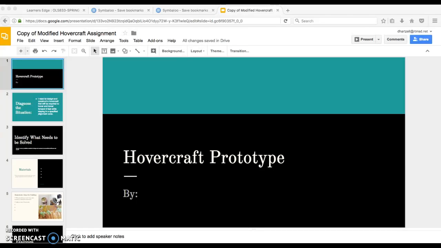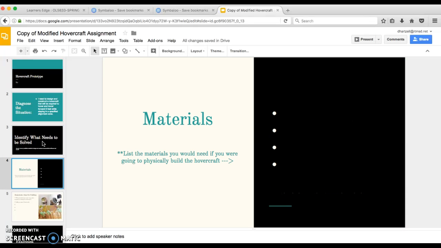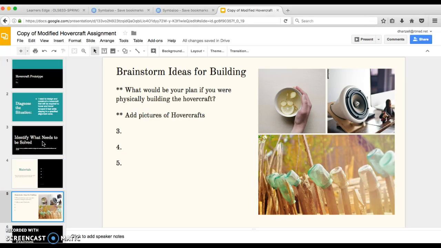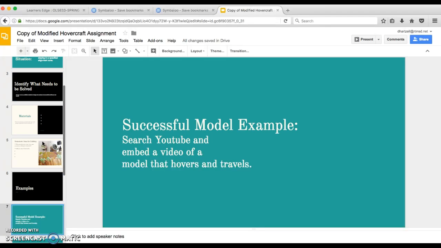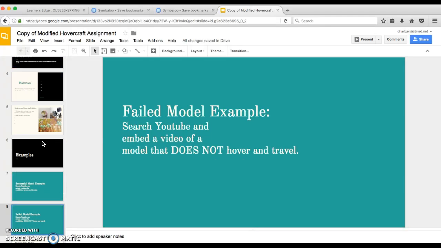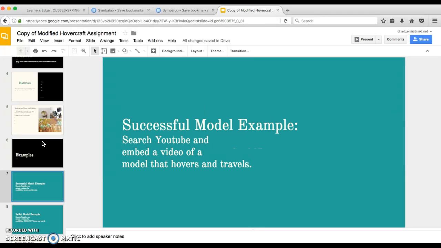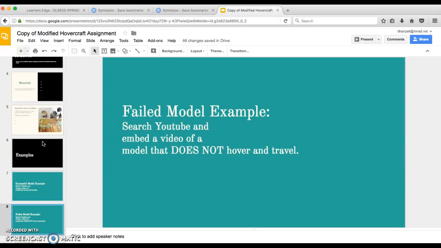For your Hovercraft prototype Google presentation, you will see in the template that I shared with you on Google Sheets that you are required to include various pictures. So you'll see under Brainstorm Ideas for Building that you have to actually add pictures of hovercrafts. And then if you go down a couple slides, you need to include a successful model example and a failed